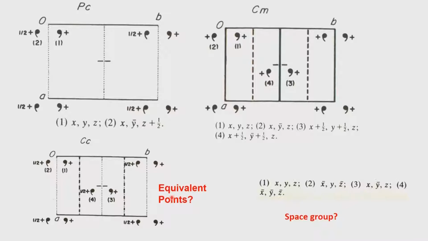Once you do that, you will see something very interesting, just like what happened here. In case of the mirror symmetry, we developed a C glide at 1/4. Remember A glide at 1/4 this position. Now what will happen is, because of the operation of the C centered as well as the C glide, you will generate an N glide at 1/4. I want you to find out how this N glide operation has come and write down those equivalent points as well, which will be the same as the equivalent points that is allowed by CC.